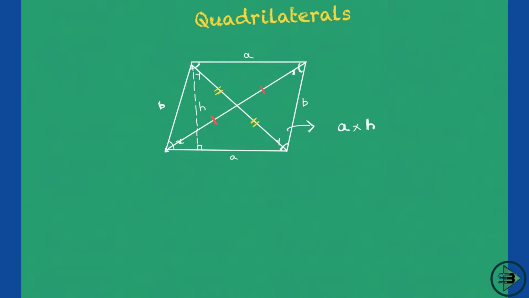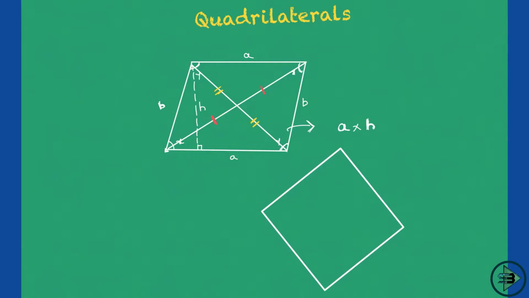After your parallelogram, let's move on to the next quadrilateral, which will be a rhombus. So what is a rhombus? We already know that all four sides will be equal. Let me just draw it for you. This is how the rhombus will look, in which all four sides are equal, so you have two sides equal to the other two sides. Let me just make it appropriate such that it looks like a rhombus. Now it does. So this is how your rhombus will be.